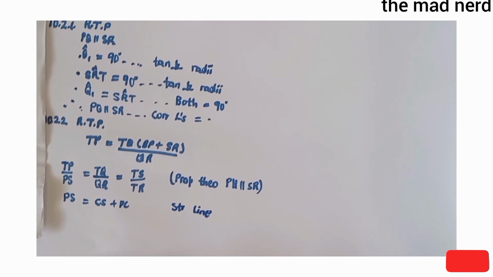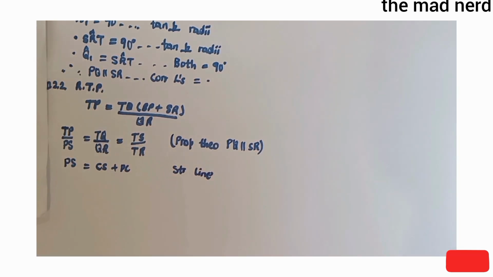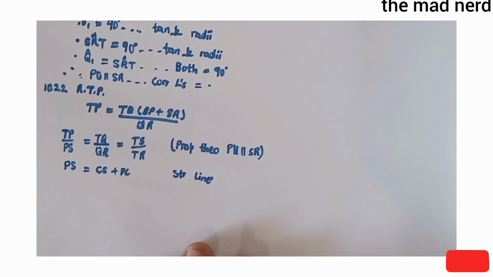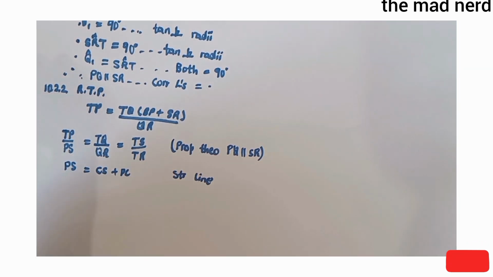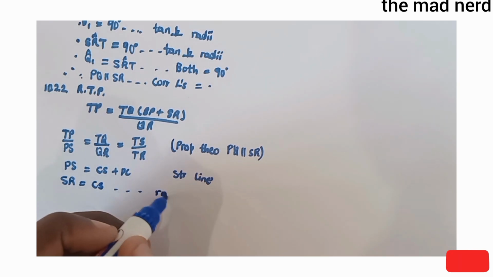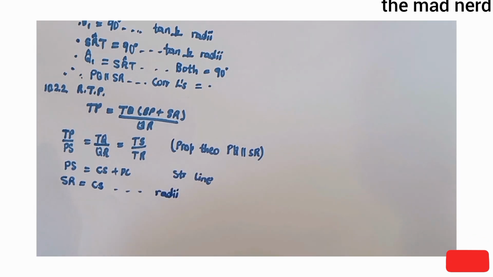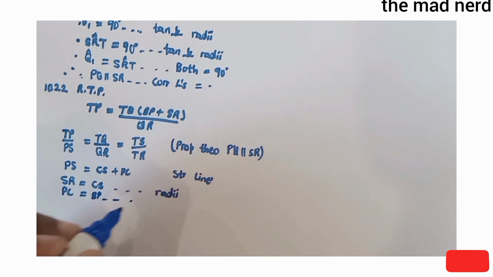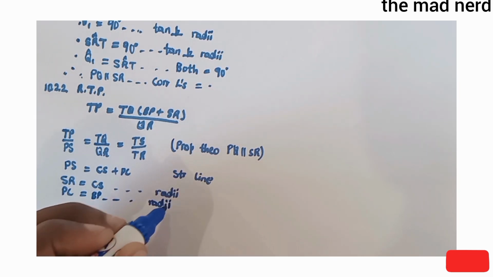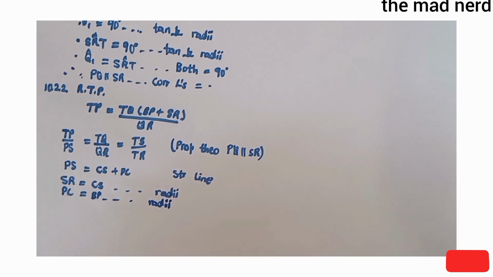And then now, let's look at ways in which SR is equal to a CS. Now SR we can say is equal to a CS because those are the radii. And then a PC over here is equal to a BP because also it is a radius. So the radii are equal to each other. And then since this one is equal to this one, what you can do is replace